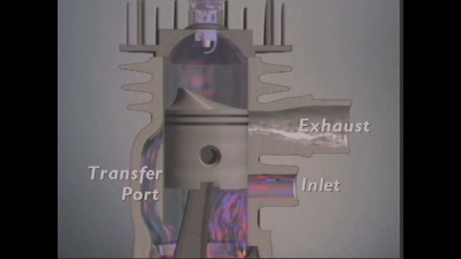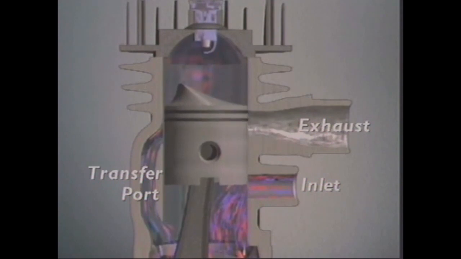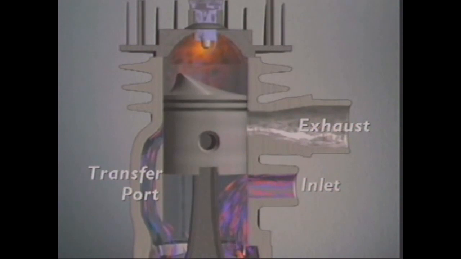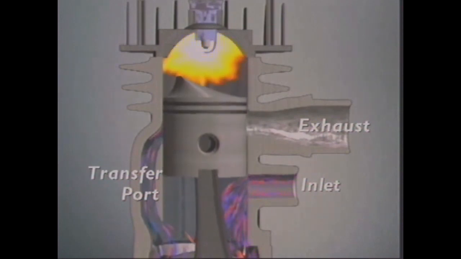This is a third port or passage between crankcase and cylinder. The bottom of the piston uncovers the inlet port. At the same time, the rising piston is increasing the volume of the crankcase below the piston. Pressure in there falls until it's less than outside air pressure. This pressure difference forces more mixture into the crankcase. As the piston reaches top dead centre, mixture already there ignites, and expansion of gases starts to drive the piston